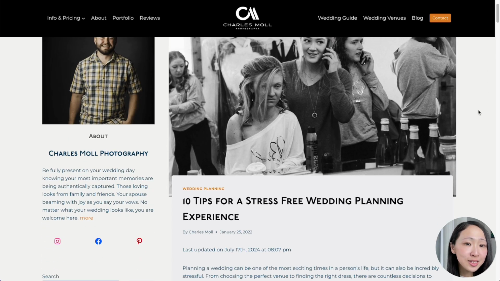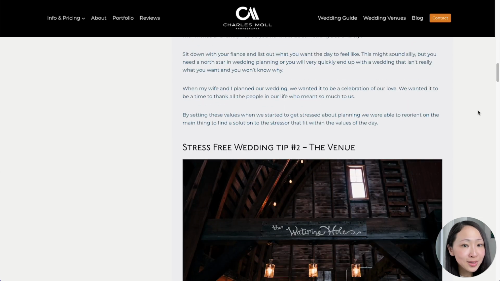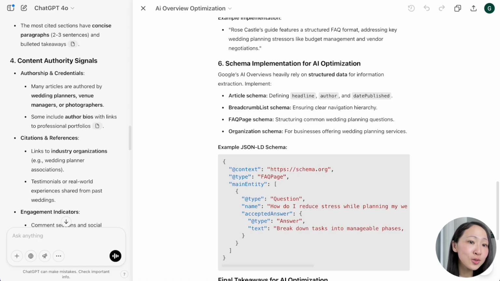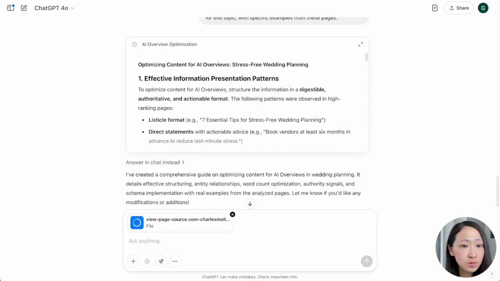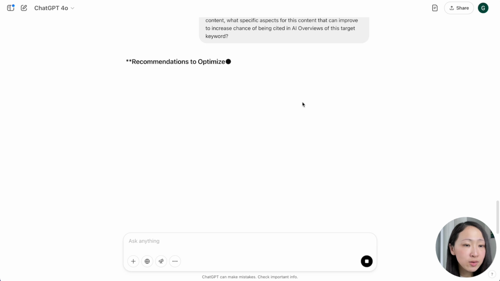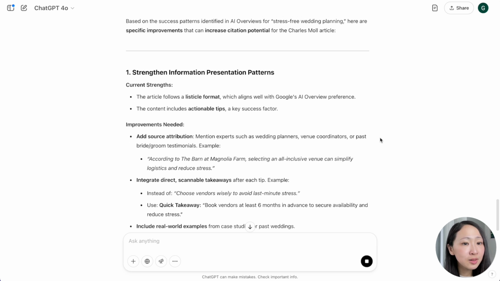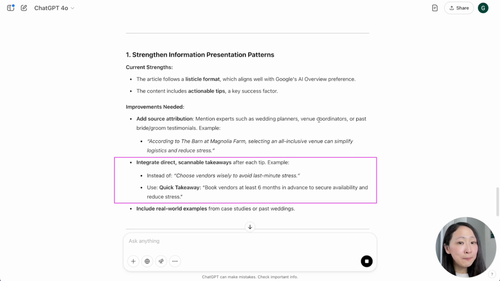Now let's say we have this page and it's currently ranked in the top 10 for this target keyword. So theoretically, it should have a good potential to get cited on AI Overviews results. So we will attach the full HTML code for this page and ask ChatGPT to identify areas of improvement. And then you will get a list of actions that you can immediately apply,